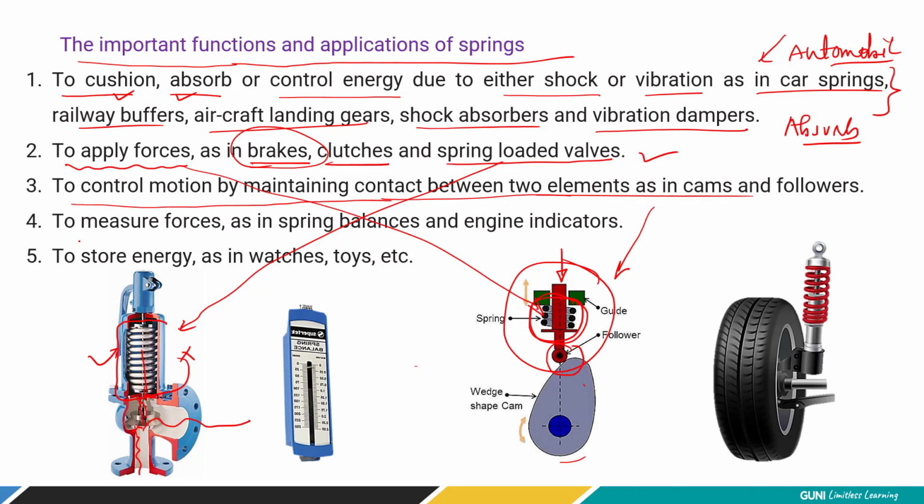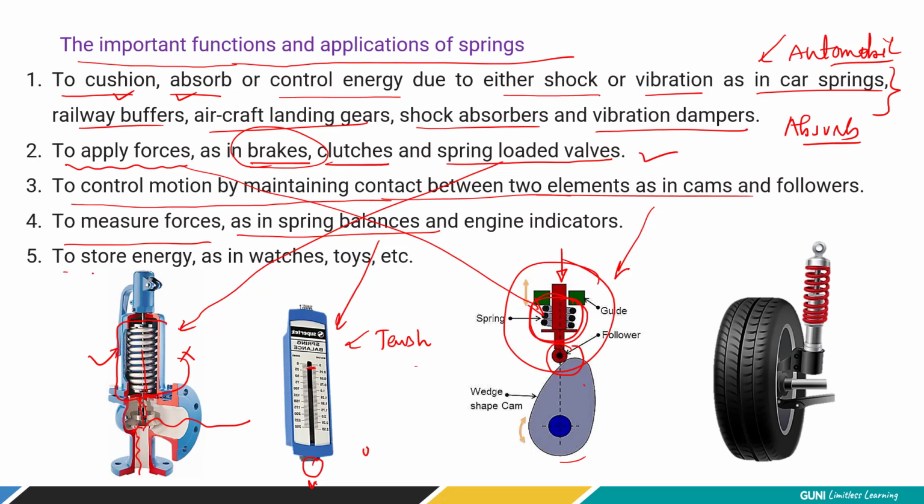It is also used to measure the forces as in a spring balance. So this is the example, right? Here we can attach the weight. Because of that, this pointer will simply move, right? So the spring is expanding. Here we are using the tension helical spring. Based on the spring constant, the scale will show you the weight being lifted, right? So the spring scale is used to measure the weight, right?